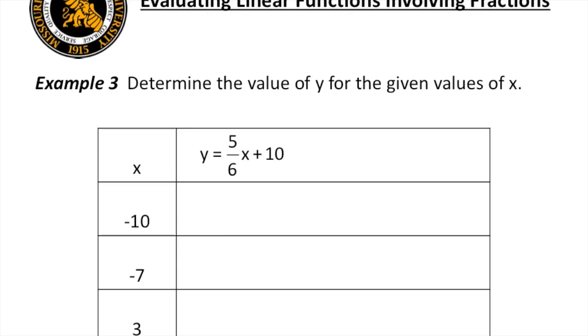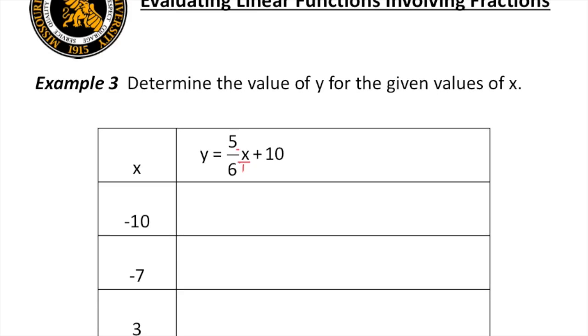In example 3, our equation is y equals 5/6 times x plus 10. Our computations for different values of x will be simplified greatly if we can express this equation as a single fraction. So thinking of x as x over 1, and remembering how to multiply fractions, since 5/6 is being multiplied to the x over 1,